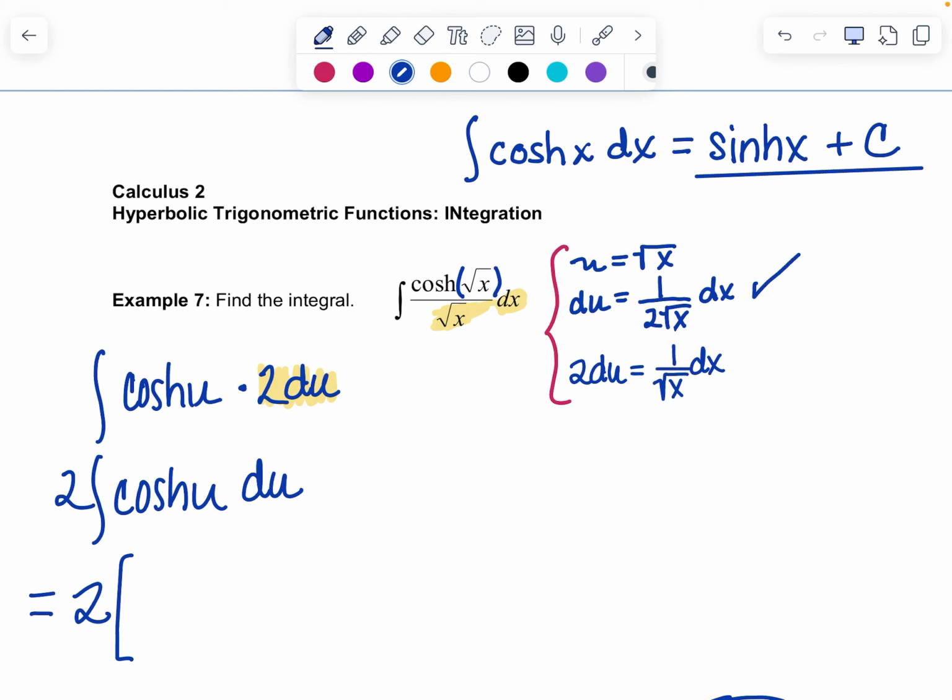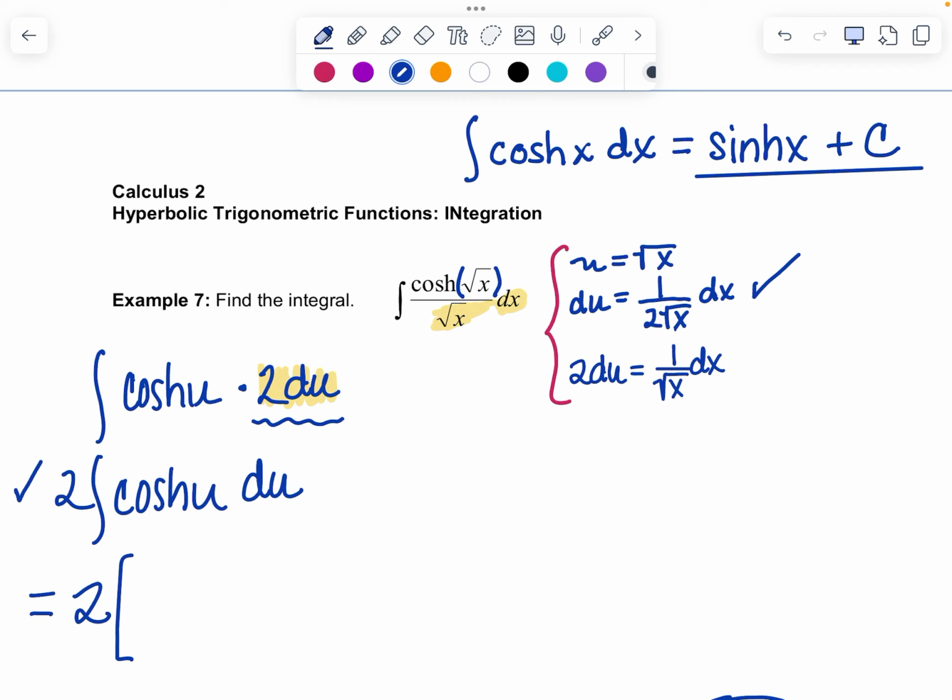You can say, all right, well, du is equal to, when u is equal to the square root of x, du is 1 over 2 square roots of x dx, and 2 times du is 1 over square root of x dx, which is what we have. So if you notice what I did, what's highlighted there in yellow in the original integral, I replaced with 2 du. Pass the 2 out front in the second step,